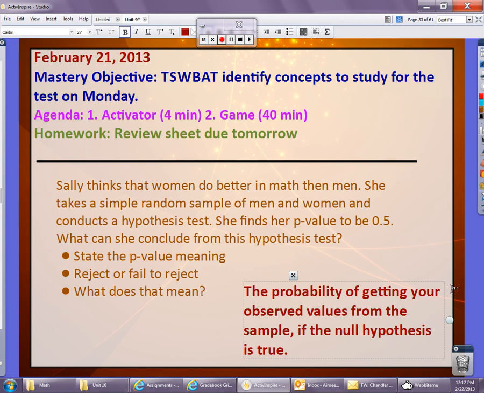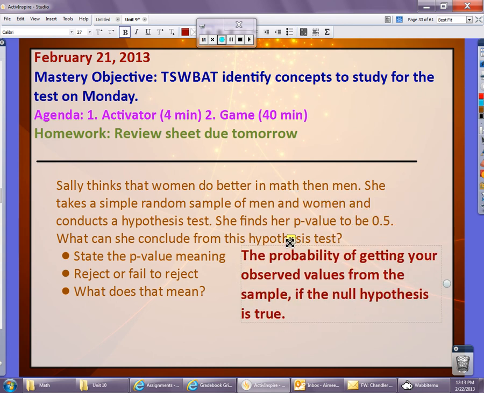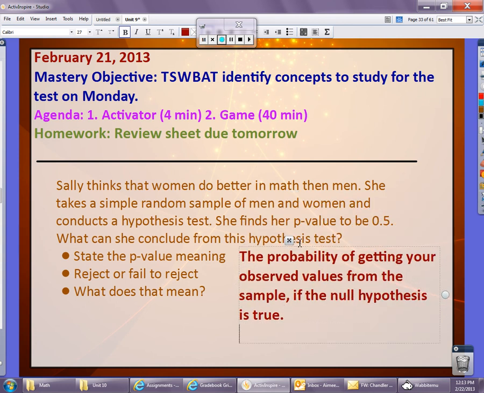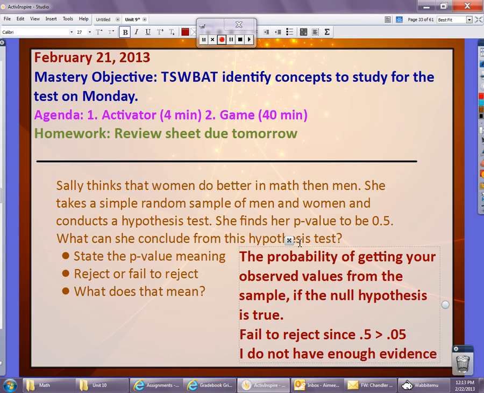Okay? So in this case, there's a 50% chance, that's the probability of me getting what I got from my sample if the null hypothesis were true. You would then have to reject or fail to reject. In this case, I would definitely want to fail to reject, since 0.5 is greater than my level of significance, which since it's not given, I use 0.05. And basically that means that I do not have enough evidence to